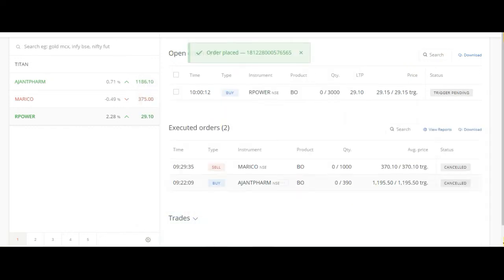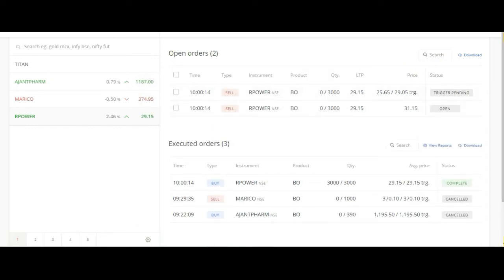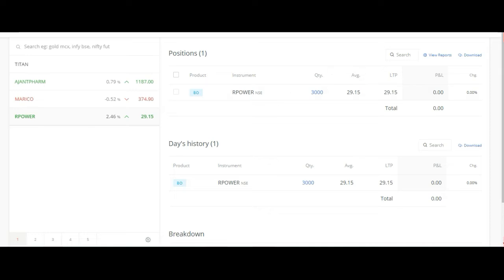Okay, my order is triggered. It is in position now. So the total risk for this trade is just 500 rupees, and I am expecting a target of nearly 1:4. That means I am expecting the target is 2000 rupees from this trade. Risk is just 500 rupees, so if I get 1:4 risk reward, I may get 2000 rupees. That's the thing.